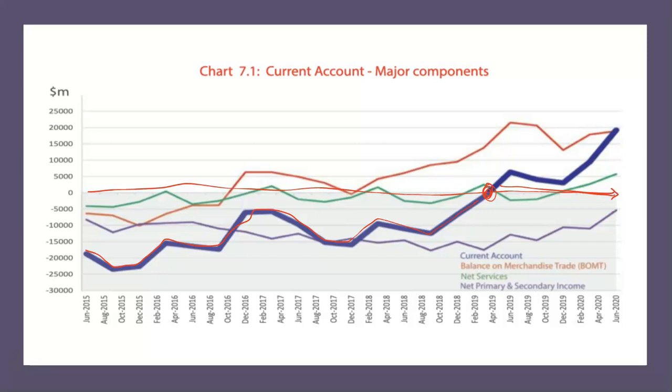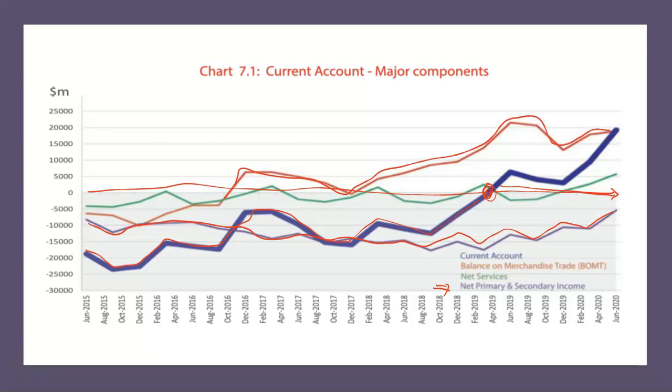You can see that there is one line in particular that has driven this, which is historically always been a deficit. And this is our net primary and secondary income, which is all about recognizing the payment of income of assets. So we have been paying money internally from Australia to overseas because foreign entities have owned a lot of Australian assets. This has become partially and now fully offset